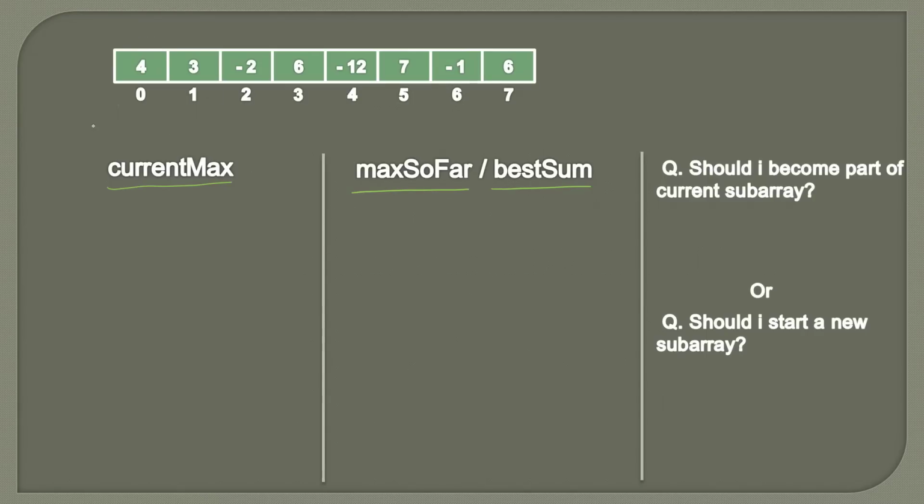So here you can see we will be traversing this array one element at a time, and let's say at this index, for example, we will be storing two things, current max and the max so far. So what these two variables denote is that at index 3, what is the current max sum, and as we have traversed this array, we would have encountered many subarrays. So among those subarrays, what's the max so far or what's the best sum. So these two things we keep track of while traversing from left to right.